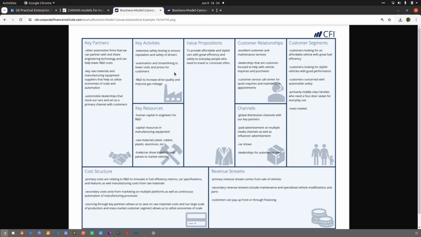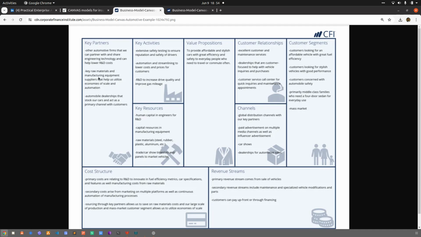So I'm not sure why in key activities they have not written manufacturing. Maybe they do used cars or something. So I'm not too sure about it, but this is what it is looking like. And other automotive firms that they can partner with for engineering technology, lowering R&D costs, key raw material provider and